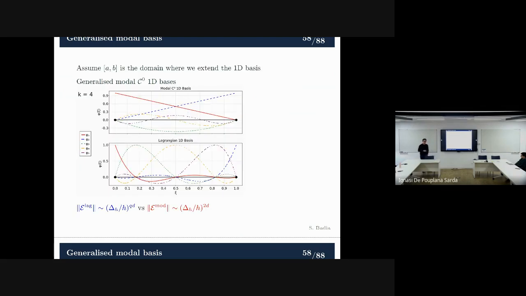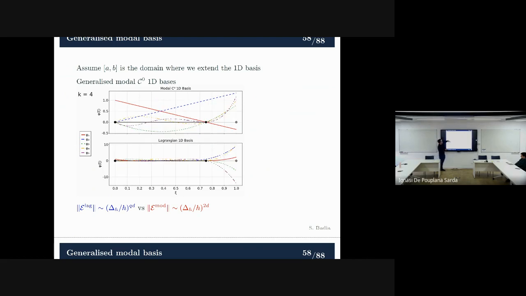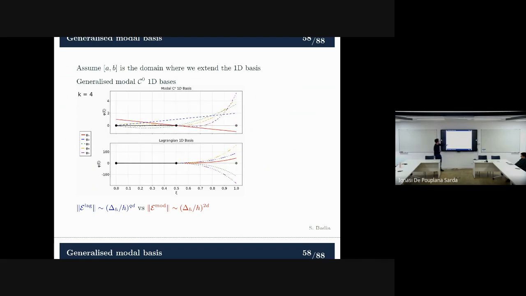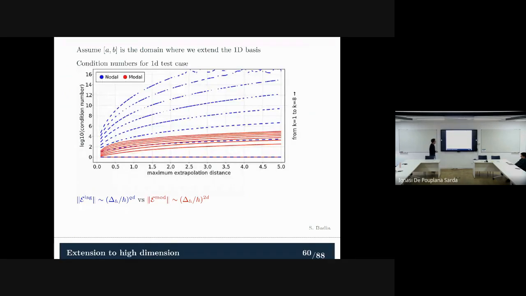I'm going to talk later on a little bit about how to go to multiple dimensions. It's slightly more tricky, but let's keep it aside for a moment. So for instance, this is order 4. These are the model C0 bases, and these are the Lagrangian bases. This is a standard. And then these are what we call generalized model C0 bases, in which we are extrapolating with the formula that I told you before, with a mapping from here to here in order to compute the Jacobi polynomials. And with that, you can observe that the difference is quite noticeable. Okay. So now you can see that the effect of the order in the condition number is much smaller than before,